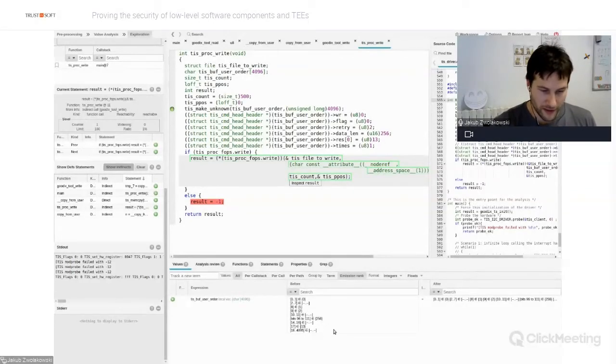When I say abstract, it doesn't mean that it's some kind of random value. It's really as if I was trying all the possibilities at the same time. So if I was analyzing all the combinations of values in all these fields that are possible. And this is quite a huge number of combinations. Even here you can see that at the end there is this buffer, which is around 4,000 bytes.